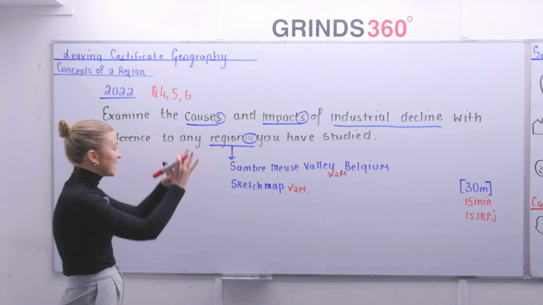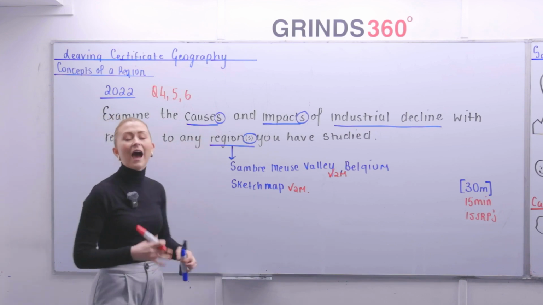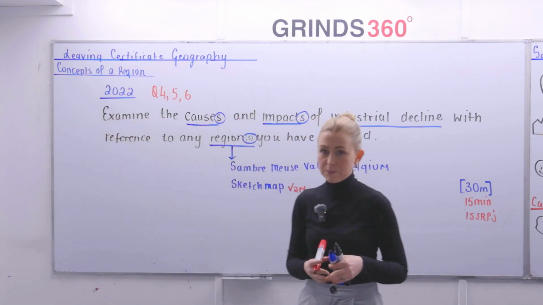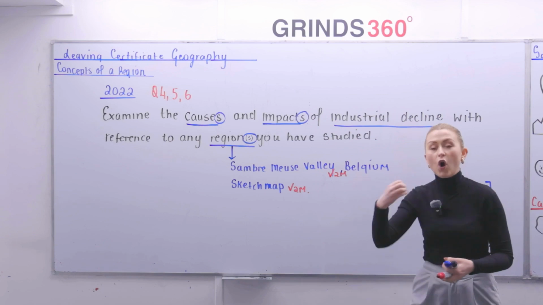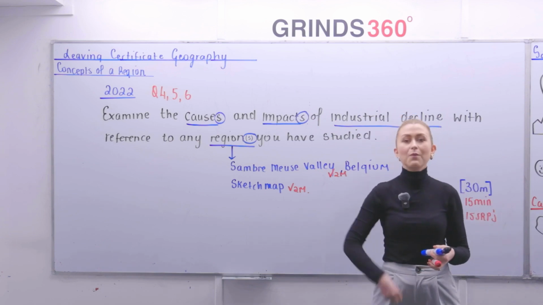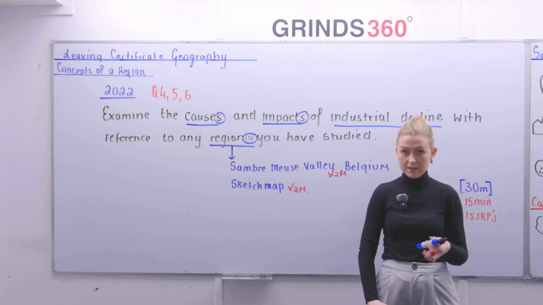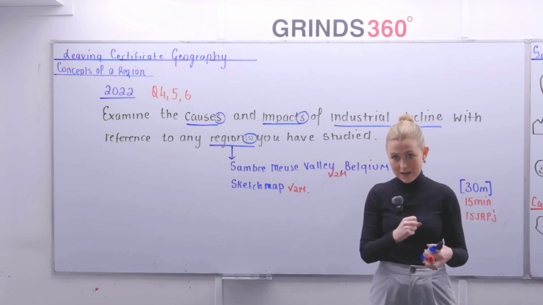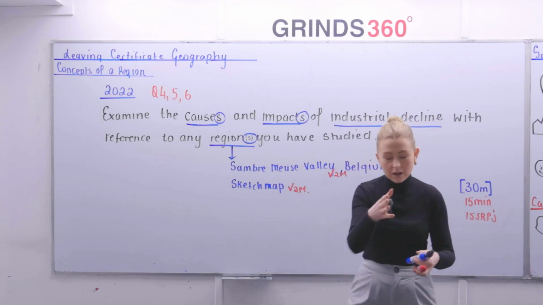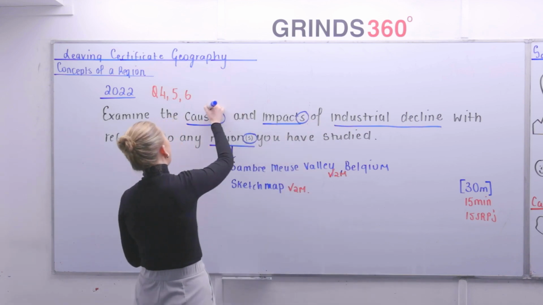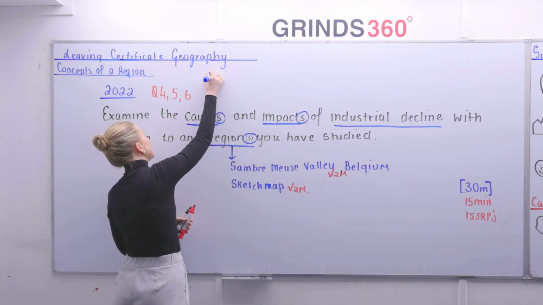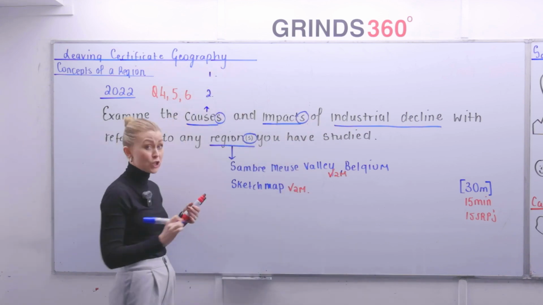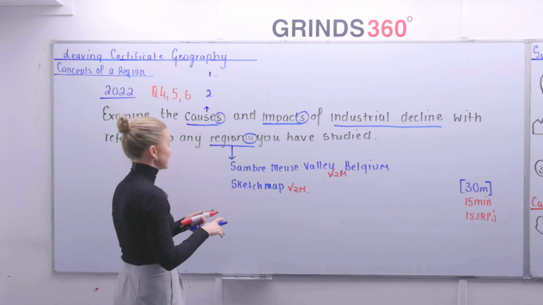Now let's go back. That is my region of industrial decline, and I know I'm going to be drawing a sketch map. But they're asking me what the causes of industrial decline are and what the impacts of industrial decline are. Now, I'm going to keep this quite short. They do need to be slightly a little bit longer in an explanation to get your marks, but I'll talk you through this. The causes of industrial decline. Again, they're asking for more than one, so let's give 2. We will give more than 2 in the actual essay itself.